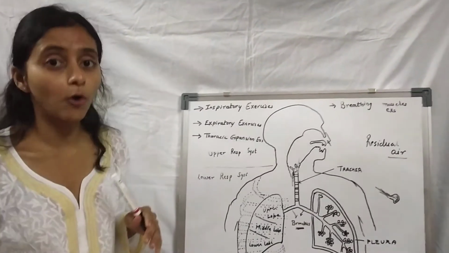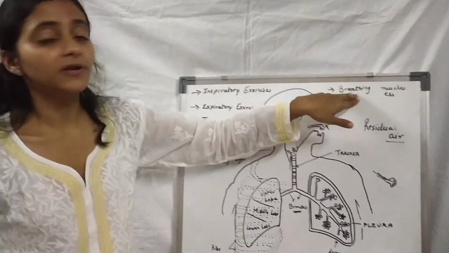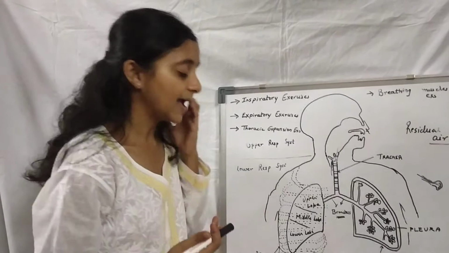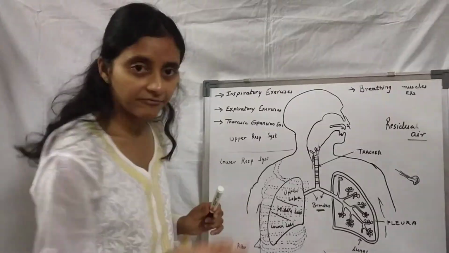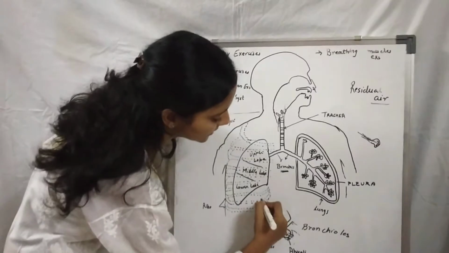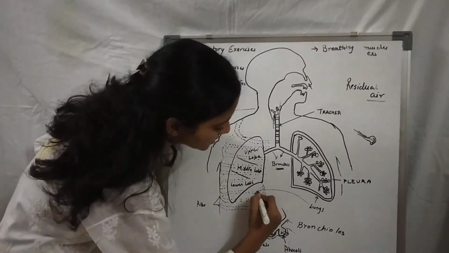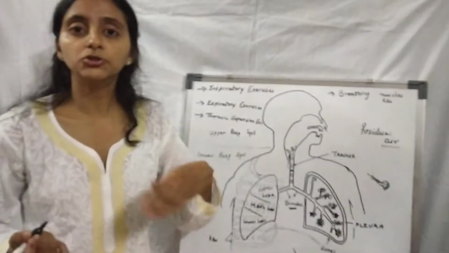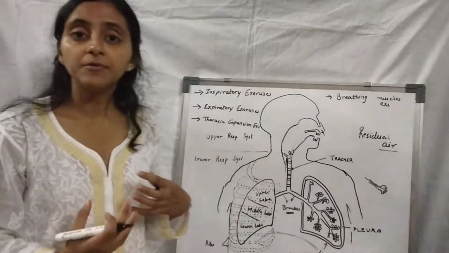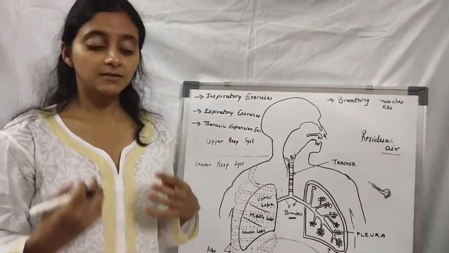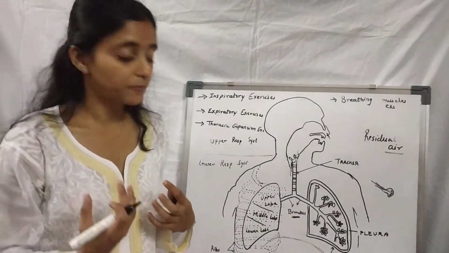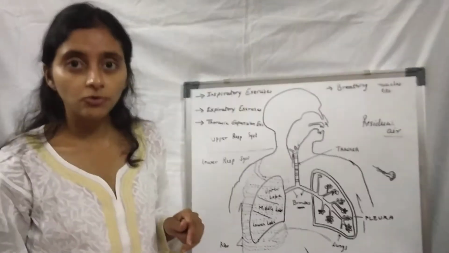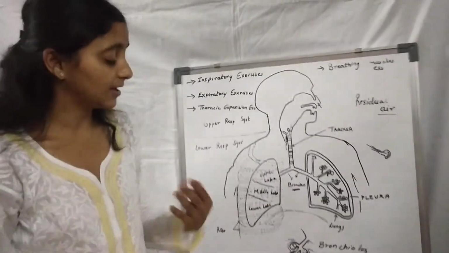And another very important portion that we'll be taking is your breathing muscles. Now breathing is an active process, though it happens involuntarily. It is an active process. Your main breathing muscle is your diaphragm, which is at the end like this. There is a muscle here inside. That's known as the diaphragm. So we will be teaching you how to activate your diaphragm. When your diaphragm works well, your work of breathing, that is the strain put on your body for breathing, reduces many folds if you activate your diaphragm correctly. So we will be teaching you strengthening and diaphragmatic breathing exercises.